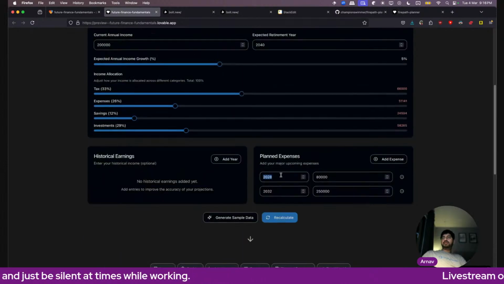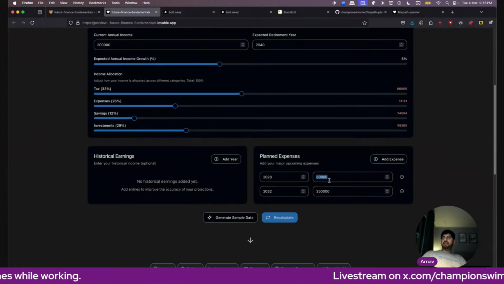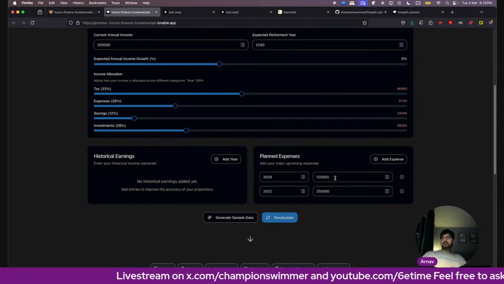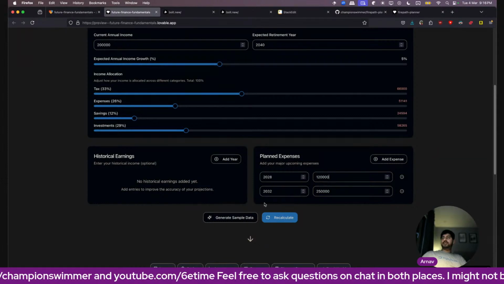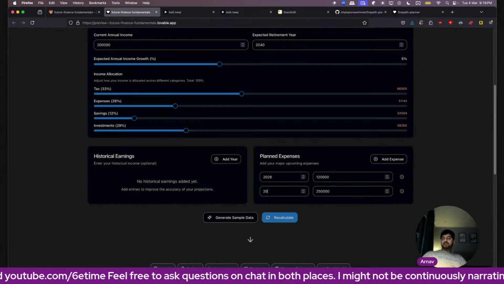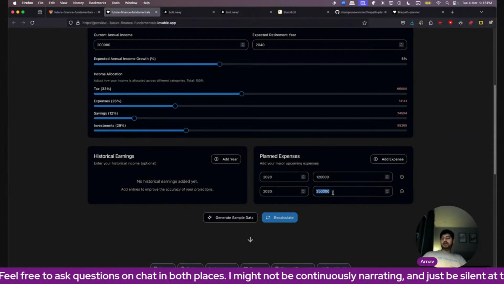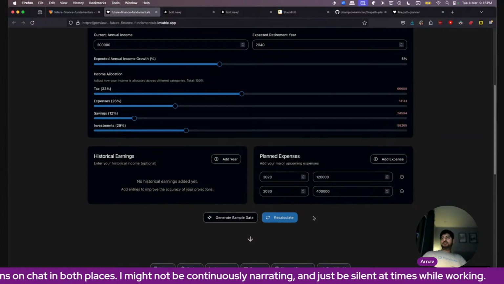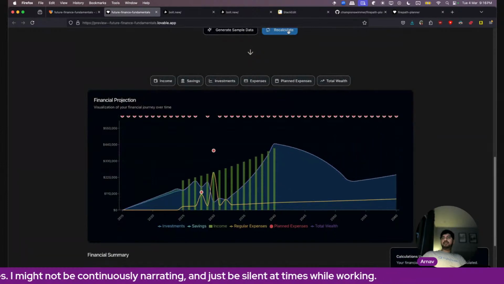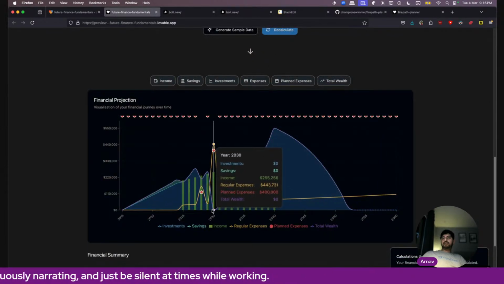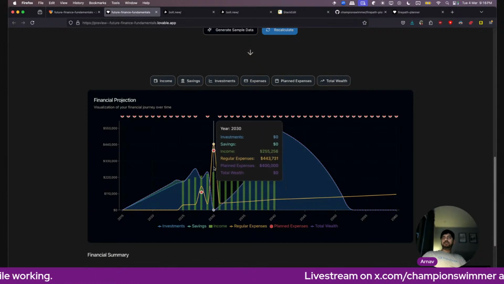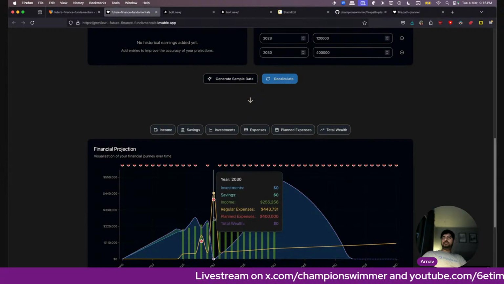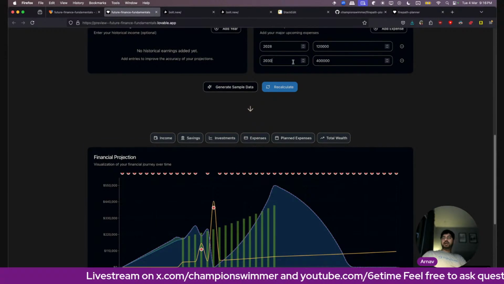If you want to do a bigger expense in 2028, maybe 120K, and maybe a swanky sports car or something would be a bit of expense. And maybe in 2030 I want to buy a house. Okay, does that fit? It almost bottoms out. It does not work here. Total wealth goes down to 0. Will not work. Can't actually make this expense here. Push it by 2 years.